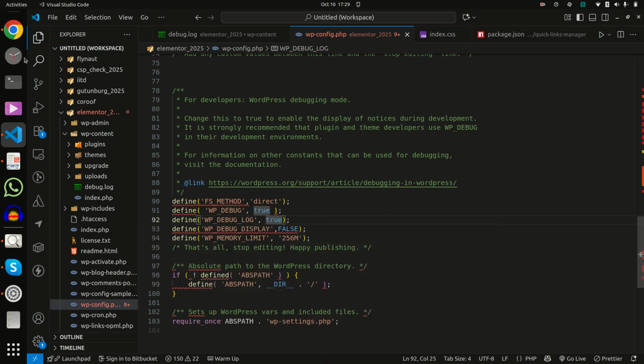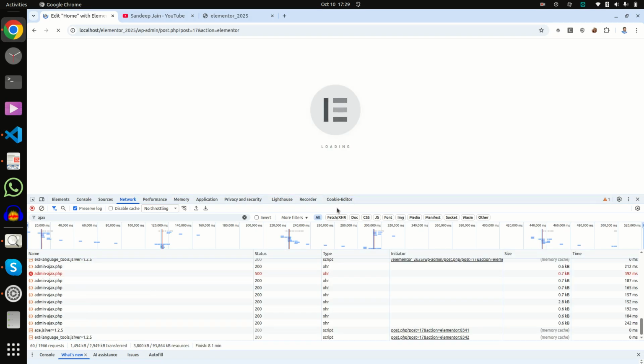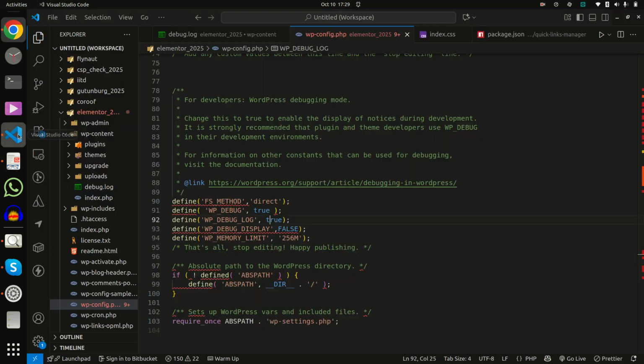Now check again, and it will generate a debug.log file inside the wp-content folder.